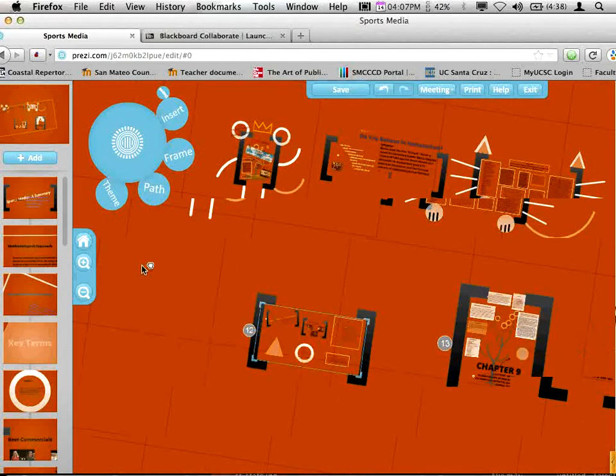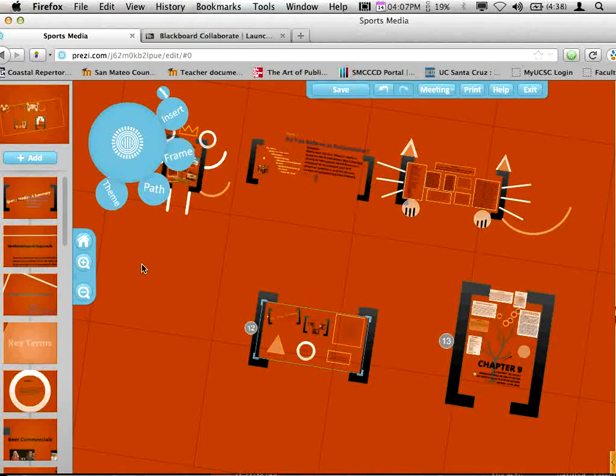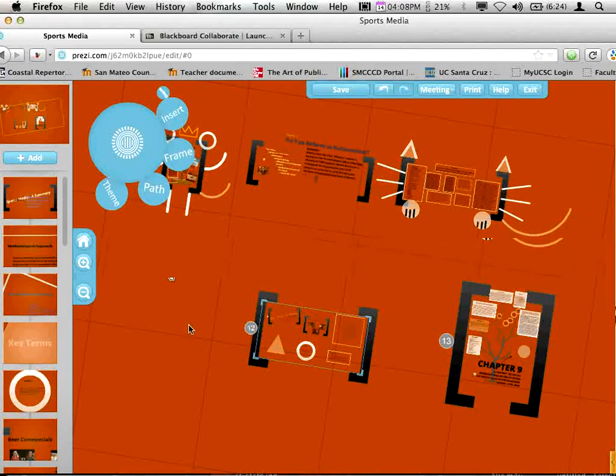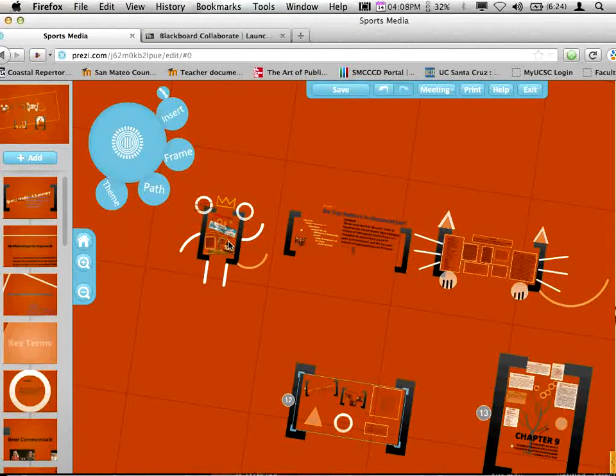And those included summaries of the articles that they wrote, responses to the articles. They each wrote a series of articles, and they had to present specific pieces to the class. And all of a sudden, one of the groups adds like this little, I don't know if you can really see it, a little mouse shape. Okay? And then all of a sudden I look, everybody's got frames, right? No one had frames before, everybody's got frames. And then I see someone's got a castle. They're making a castle out of theirs.